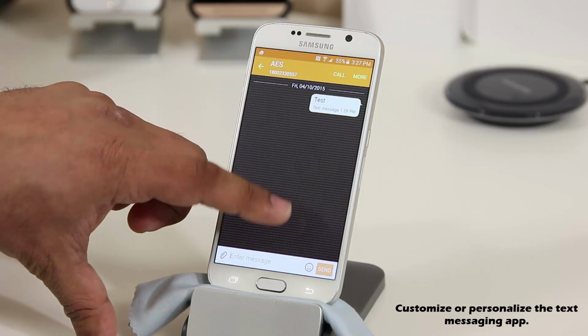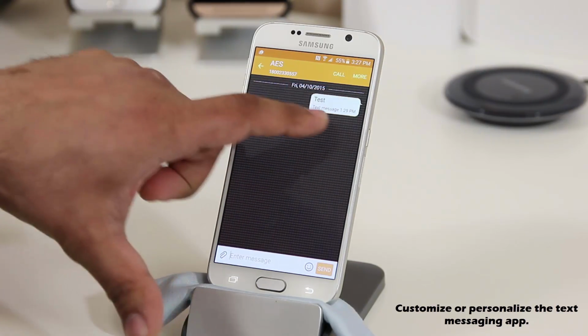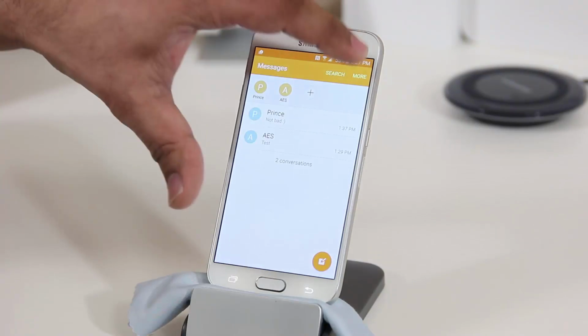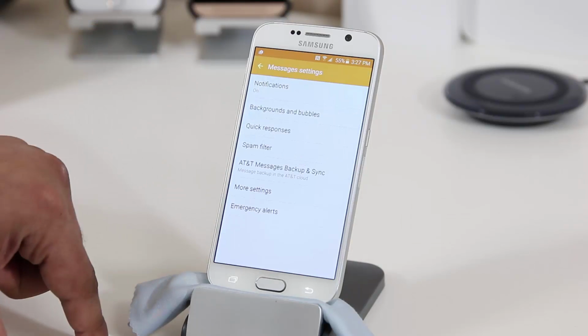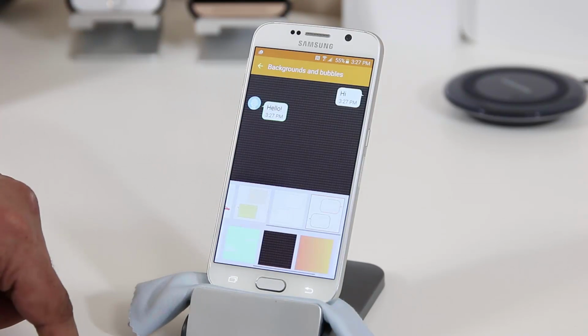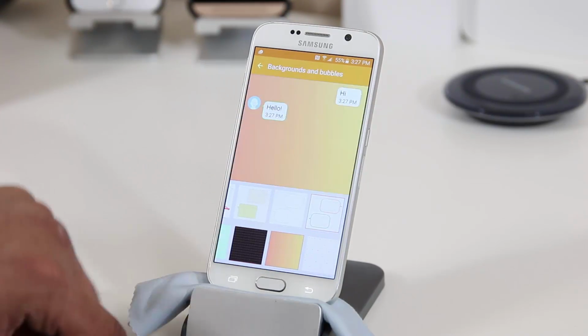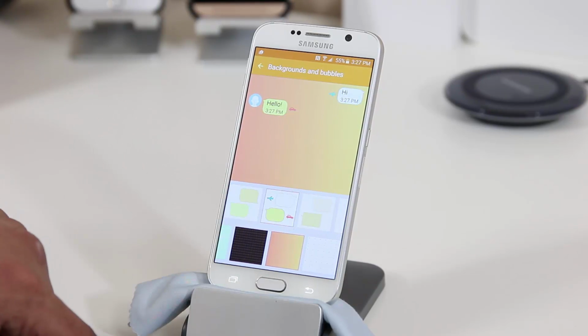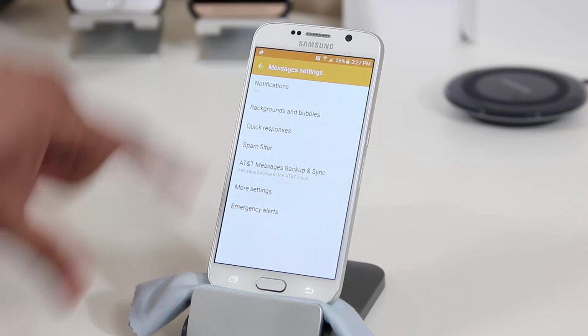And as you can see, I have a certain background and a certain bubble speech. So both of these can be edited. Go to more, go to settings, go to backgrounds and bubbles, and from here you can pick a different background and a different bubble style. So let's go with this one. Okay, if we go back,